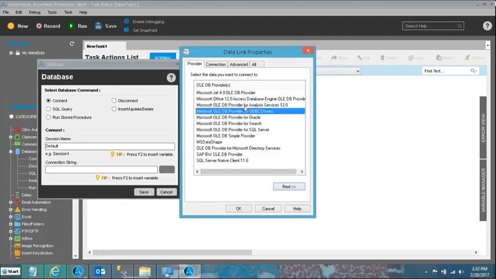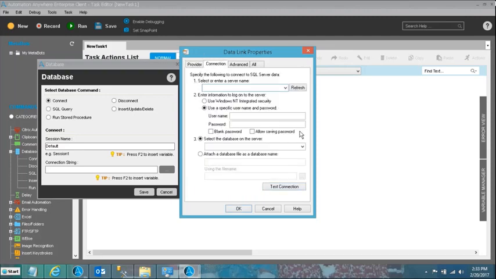Here you can see we have got a whole list of providers which we can use. For example, if I wanted to connect to Oracle, I could have chosen the Oracle provider. If I wanted to work with SQL, I'll be using the SQL provider. Similarly, for MS Access, we can use the Jet 4.0 provider if you're using the MDB extension, and for ACCDB extension you can use the Office 12.0 provider. All of these providers, as you can see, are available right over here. Since our interaction involves working with SQL Server, we will use the SQL Server provider that we have. I will proceed to click on Next, which takes me into this next dialog